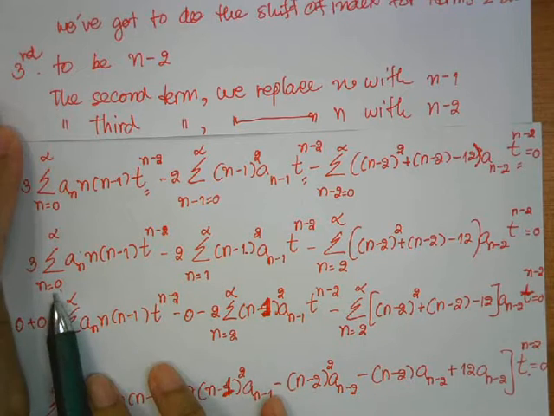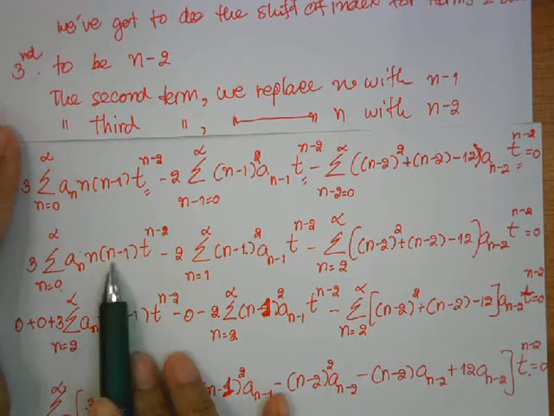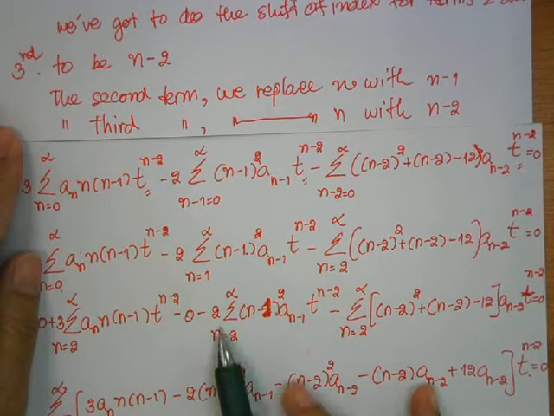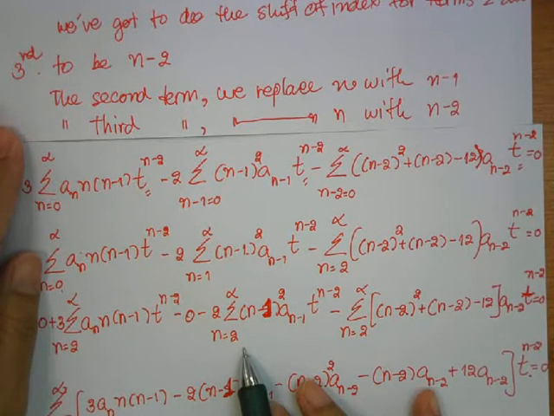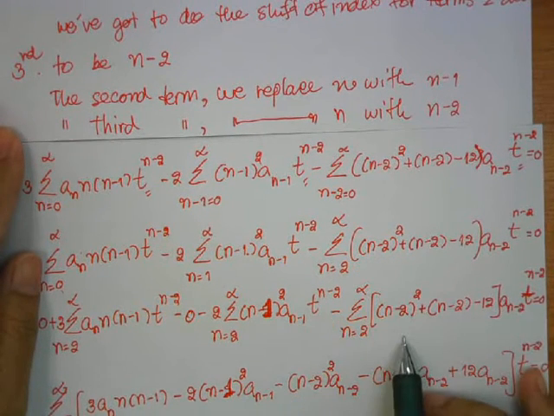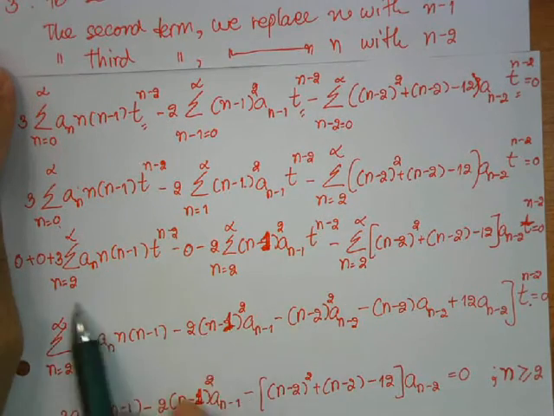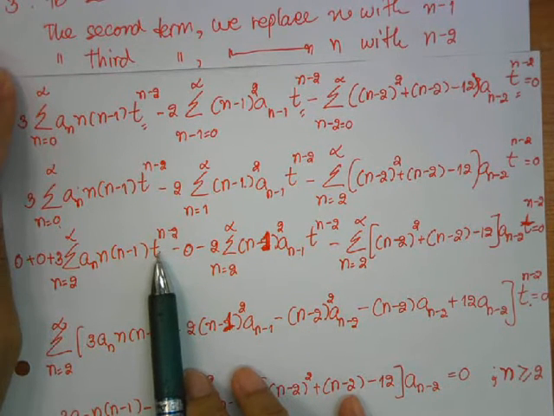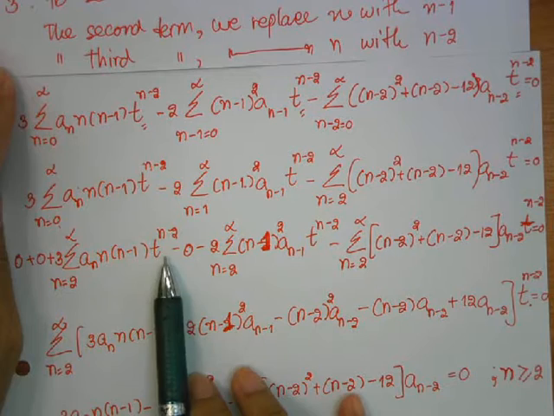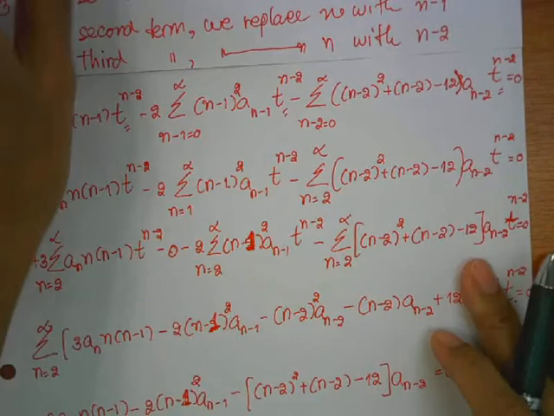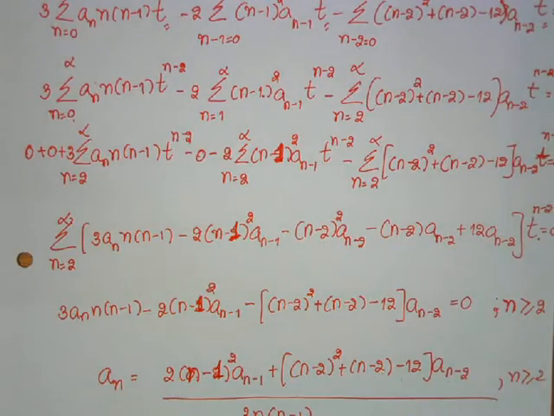So for this one, you put n equal to 0 and 1 there. You will get 0 and 0, and then the summation starting from 2. And the second term, you put n equal to 1 there, and you start from n equal to 2. The third term is already okay. From that, now you have the terms starting from n equal to 2, and the power of t is the same, which is t to the power of n minus 2. So you can combine these three terms together. When you combine these three terms together, you would get